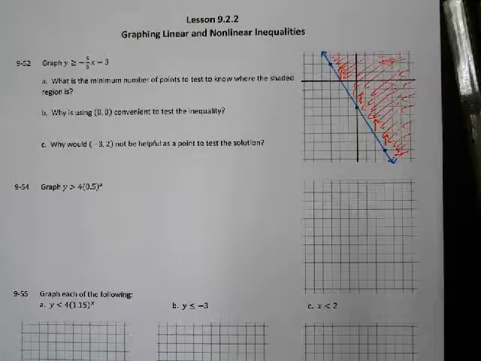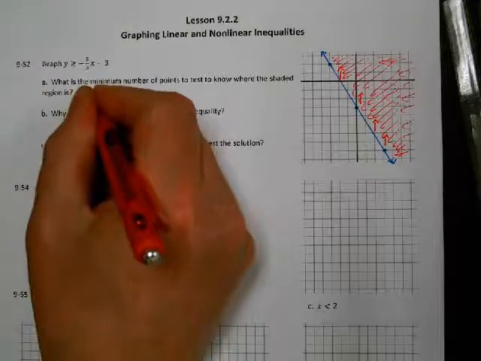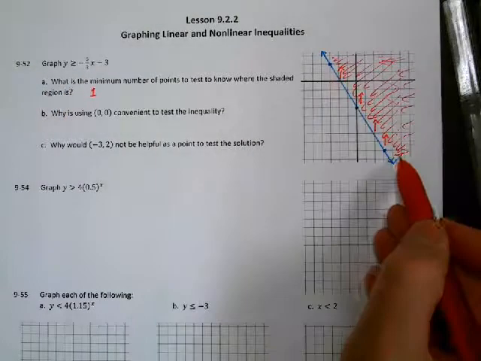Okay, part A says, what's the minimum number of points to test to know where the shaded region is? All you need is 1. So if you have graphed your line correctly,